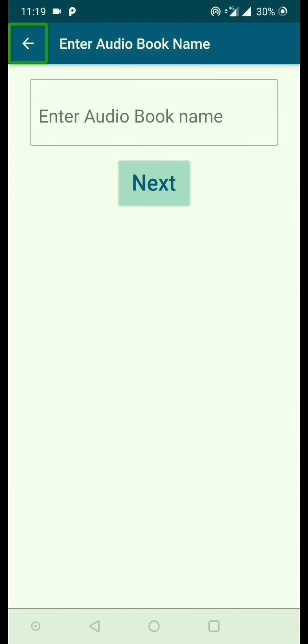So the PDF file got uploaded and we are in the enter audiobook name screen. Here you have to enter a name for your audiobook. You can give it any name you want, just for remembering purposes. So I'm going to swipe right. Enter audiobook name heading. Enter audiobook name edit box. Double tap to edit text. I'm going to select that.